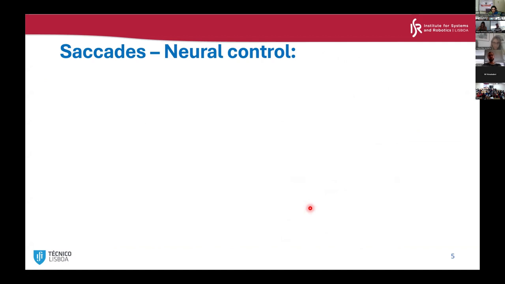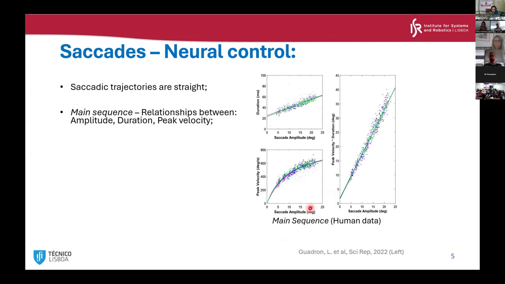Well, in the beginning of this presentation, I told you that the objective of this work is to reproduce saccadic-like movements. And what we mean by this is that we want these movements to have these 4 particular characteristics, which we know the saccades follow, which are the fact that saccades actually follow straight trajectories, meaning that the eye rotates about a fixed axis of rotation. We also want the main sequence, which is a set of relationships depicted in the slide, to